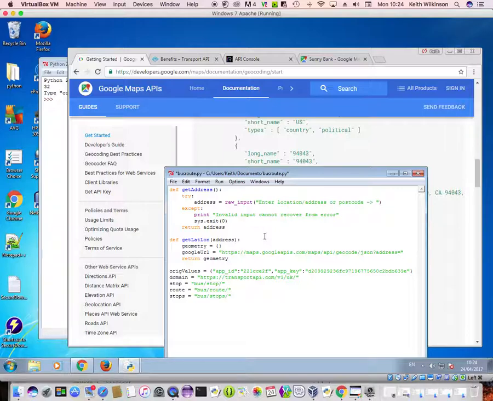We can't do it directly, so we're going to have to be careful in what we do. So we're going to set up the geocode URL to be this address. We're going to make a call, but before we make that call we need to actually use a